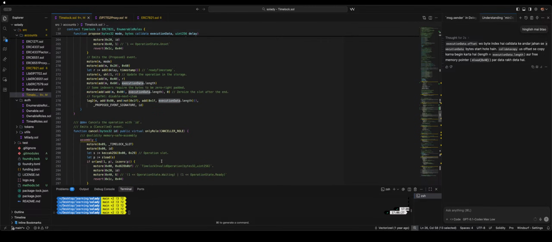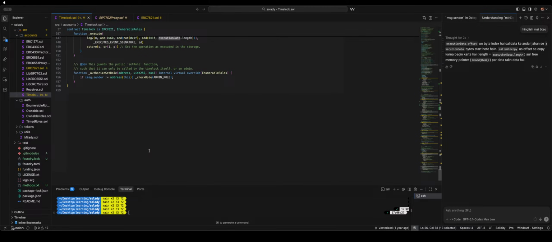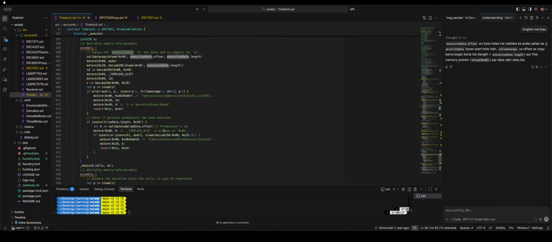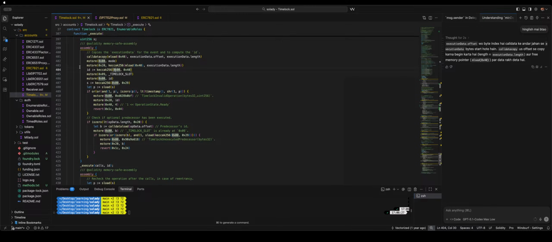And execution data is, yeah. So we are taking execution data as well as the mode, and then we are getting the ID, and then we are trying to get the storage slot of the operation data, like checking the ID itself, and then we are loading it into P, and then we are checking whether